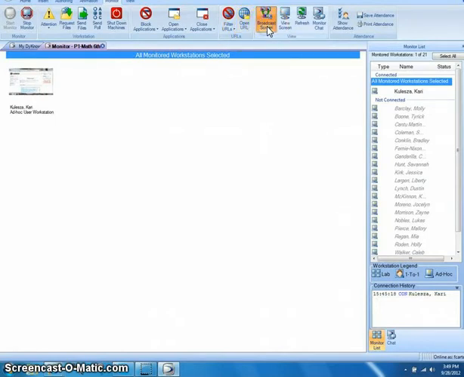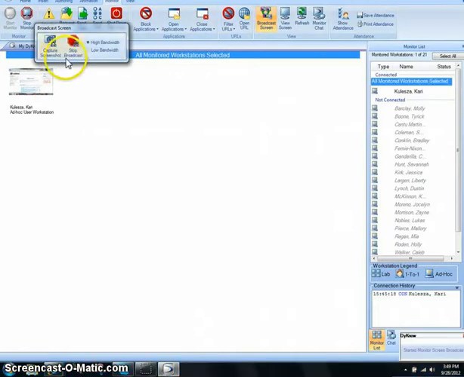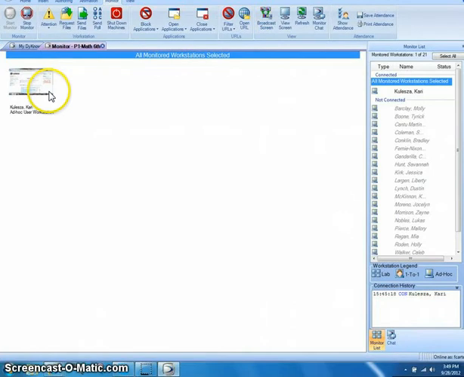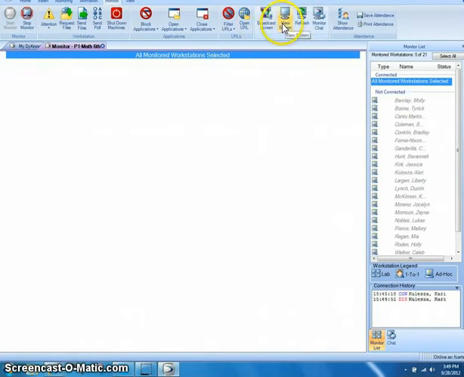Broadcast screen will let you show your screen to students. That way they don't have to look at the overhead projector if your projector is not working. View screen will let you look at the screen in more detail. So if I had clicked on that student, you can see he just logged off, so that's why he's not showing up anymore. But if I wanted to click on him, I could view his screen and it will show up a little bit bigger, because these thumbnails only refresh about every 30 seconds. So if it looks like he might be on something that he should not be on, I can click on view screen and it will show up a little bit bigger,